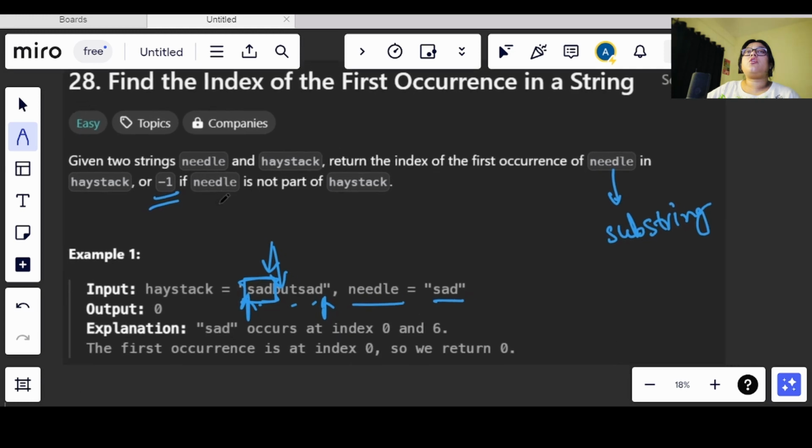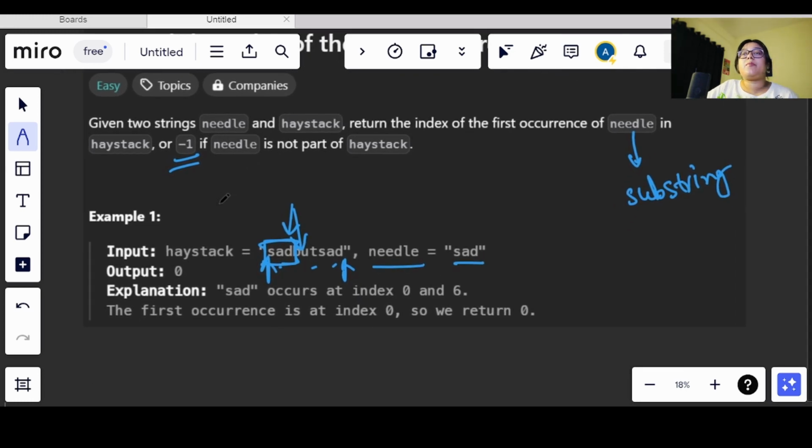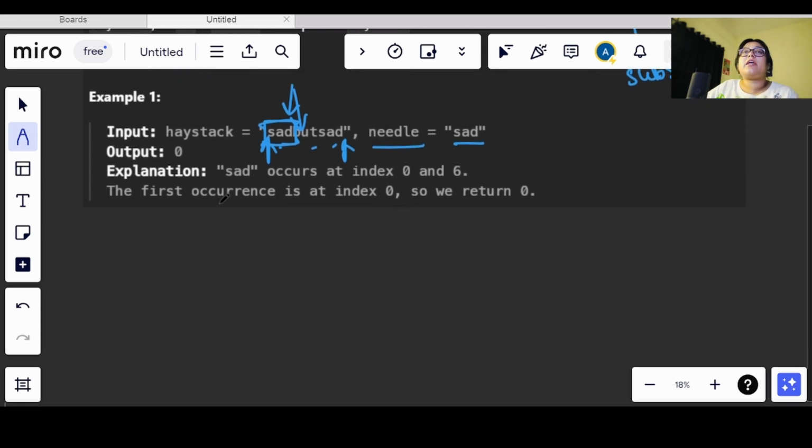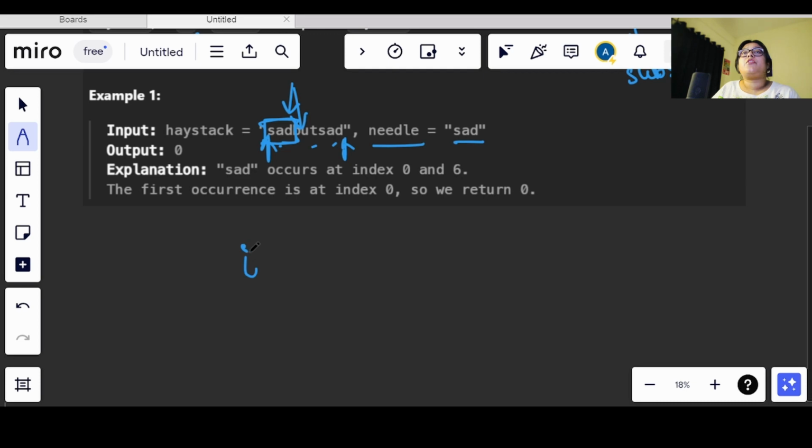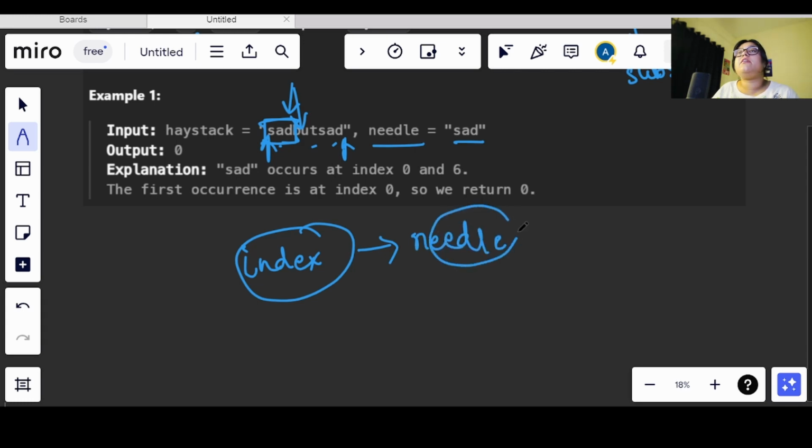So first, the basic approach we can use is the pre-built functions like index. In this index function you can pass the substring, that is the needle provided to us, and if this needle is present in the haystack, then we can directly get the index using this function, okay.